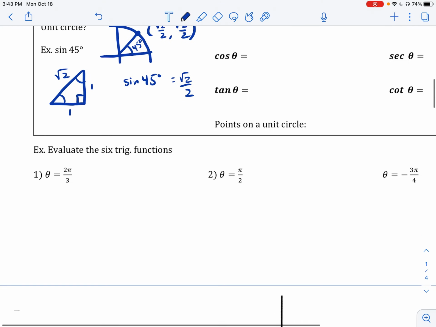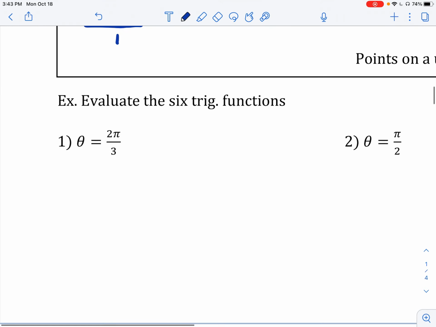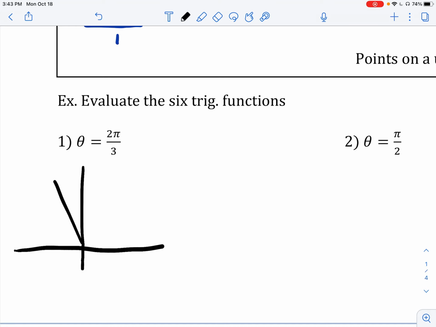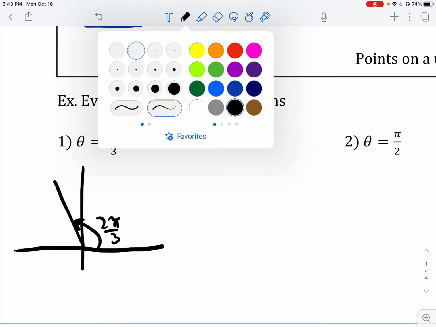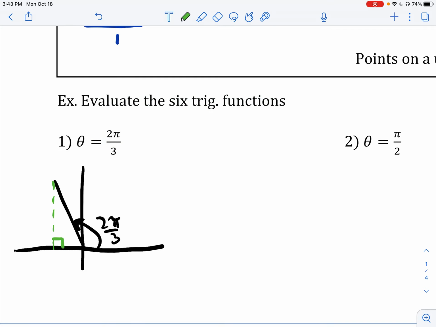So let's just do a little bit of practice with that. What about an angle that goes beyond pi over 2? So something like 2 pi over 3. If I wanted to do 2 pi over 3 here, yes, I could drop a vertical and create a 30, 60, 90 triangle. If I wanted to, I could. That method is valid. However, if I know my unit circle, I know the coordinate at 2 pi over 3, the xy value, go ahead and check your unit circle if you need to, is negative 1/2, positive root 3